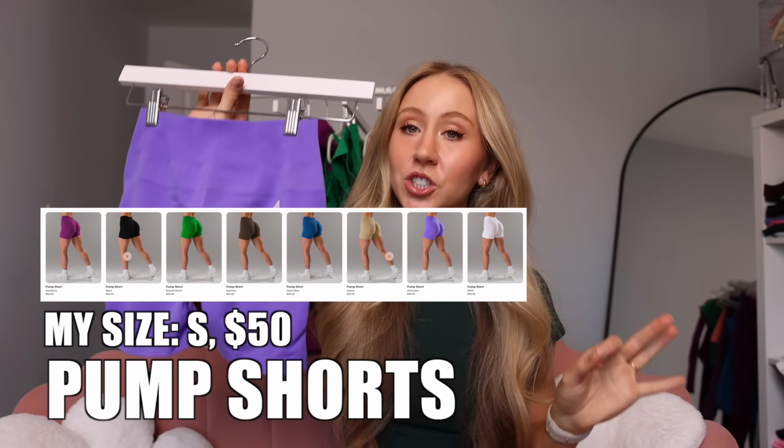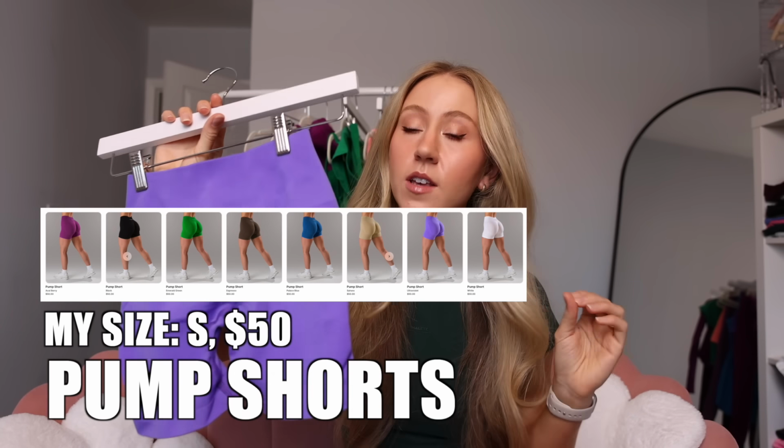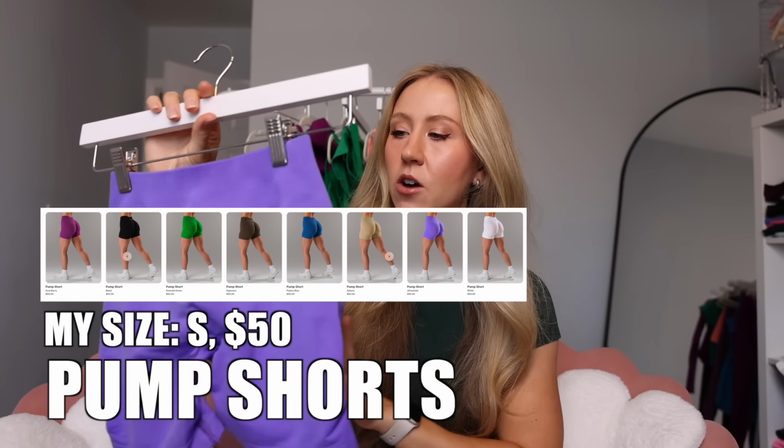Next, we have our pump shorts. So basically all the same features of the pump leggings, just in short form. So I'm gonna mostly skip through everything there. Same fabric breakdown and everything. And they also decided to come out with